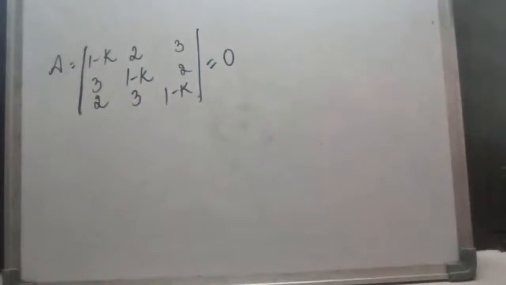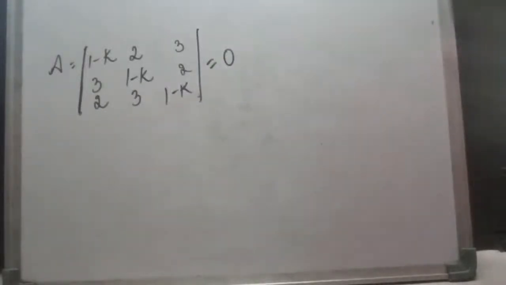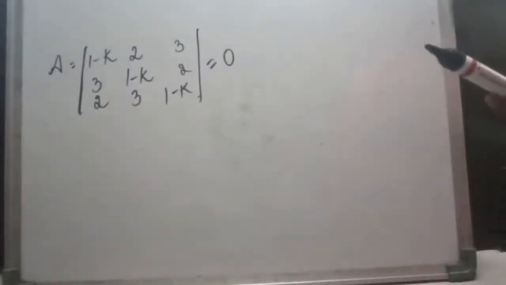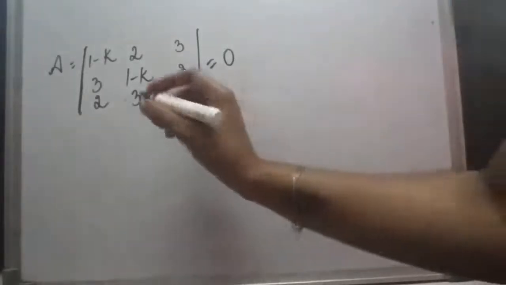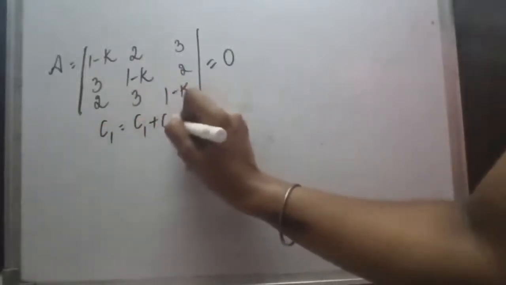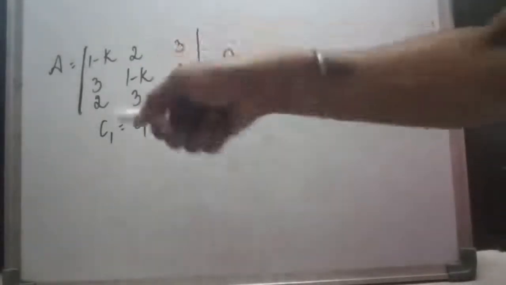So if I have to take the determinant, if we remember in the elementary operations, because taking the determinant of this will be a little complicated for me. So by introducing the elementary operations, I will try to just cut short my calculations. So what am I going to do? I am trying to apply this elementary operation, C1 equals C1 plus C2 plus C3. I am going to add column 2 and column 3 into column 1.